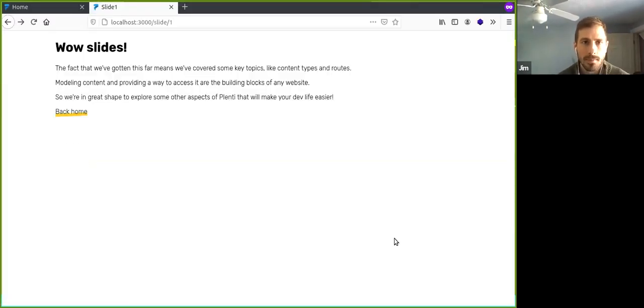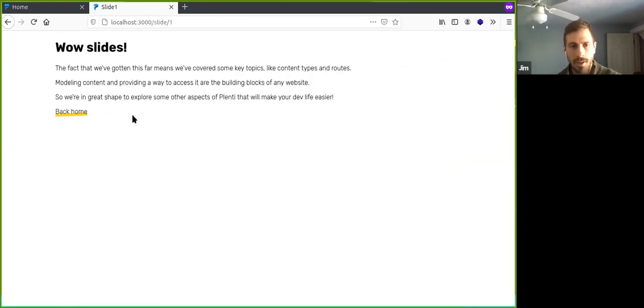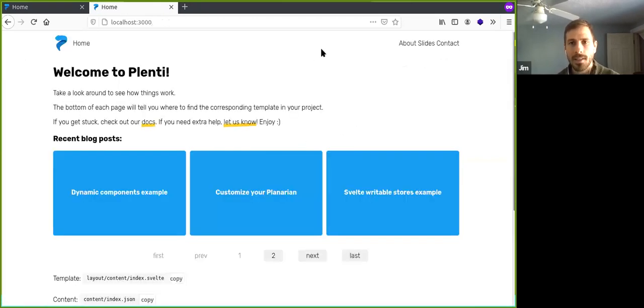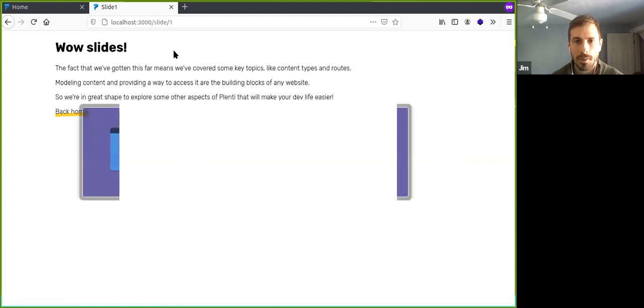So if I reload this, yeah, let's go back home. Okay, so did you see that transition? It was pretty quick, but when I went to slides, it does kind of a fly in like that. And if I go back, then you can see it transitions out. Now that's kind of cool. But one thing that you might notice here, and let me illustrate exactly what's happening.